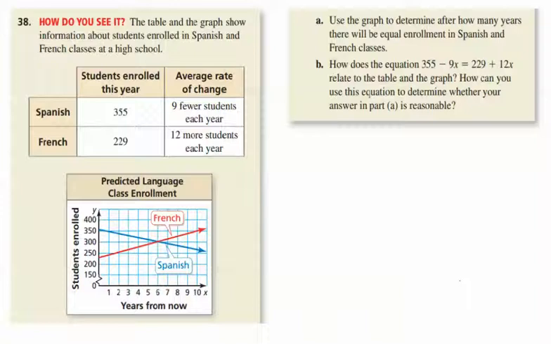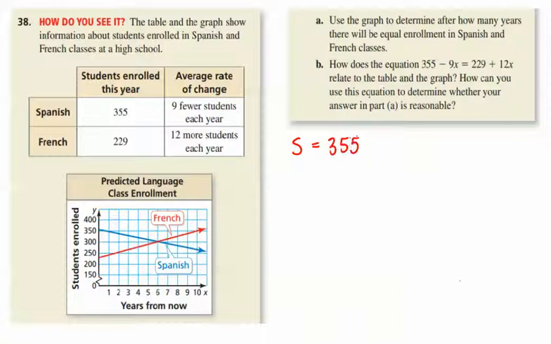So in Spanish, you start with 355 and you're going to be subtracting 9 for every year on average. So making an equation for this, we would get Spanish is equal to,